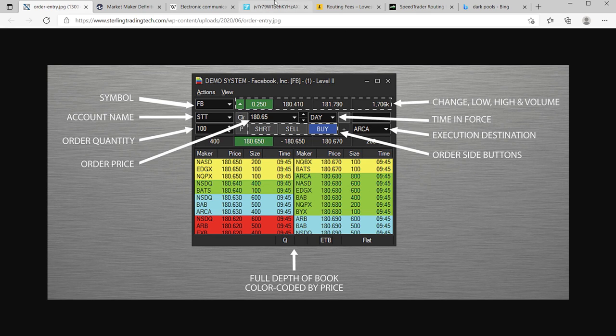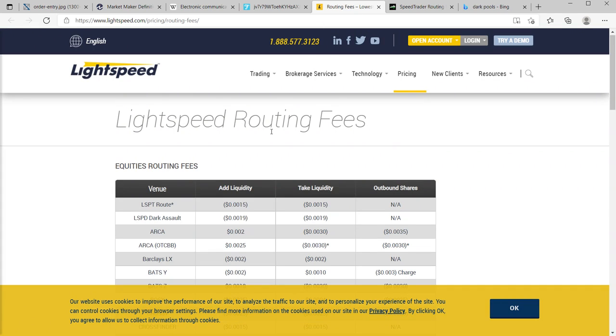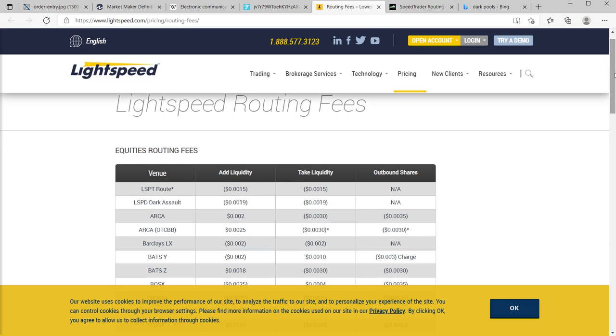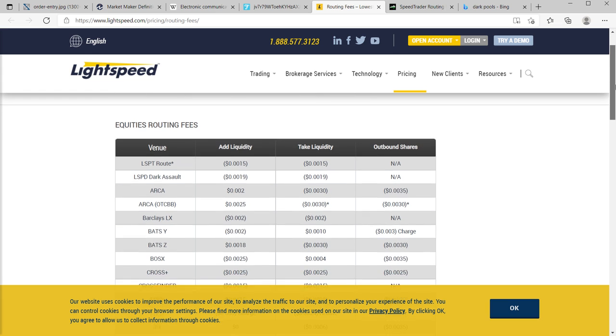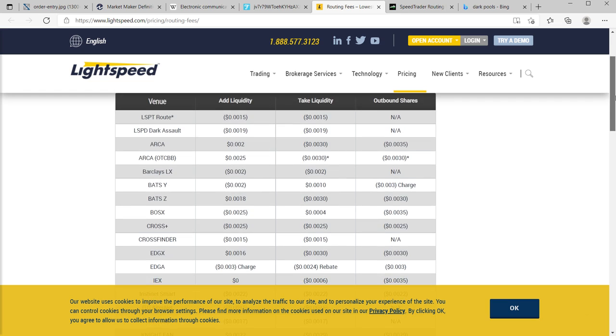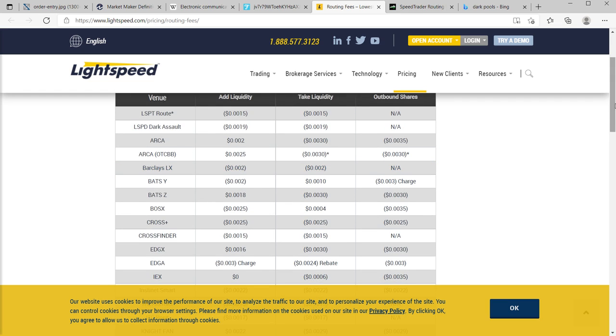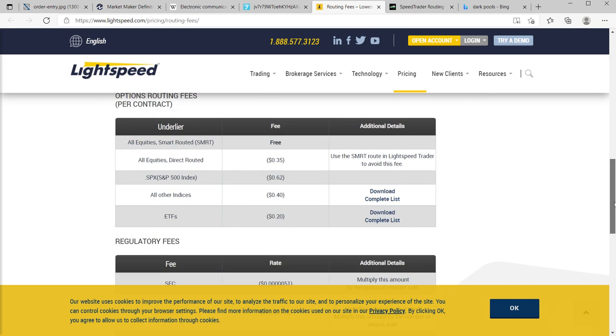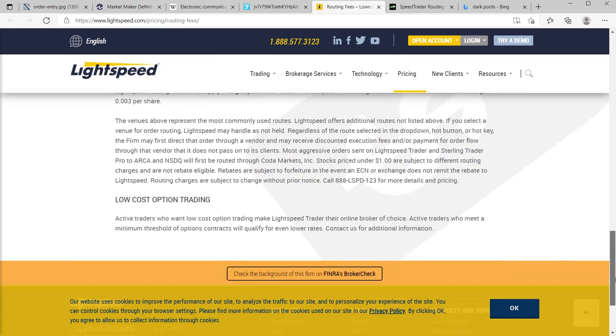And here's a couple of American brokers that offer direct routing. One is Lightspeed, and of course you have to have $25,000 to day trade with them. You can go to lightspeed.com/pricing/routing-fees and bring this up if you want to. You can go through here and see different market makers and how much you're going to end up paying for that. You're welcome to pause the video or